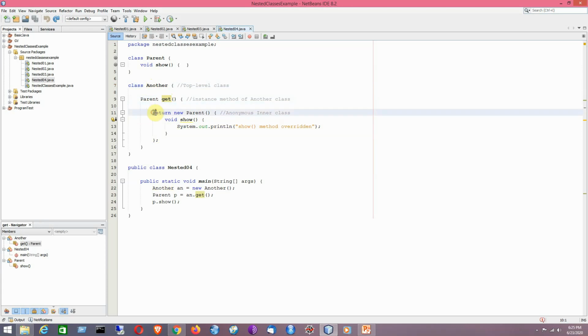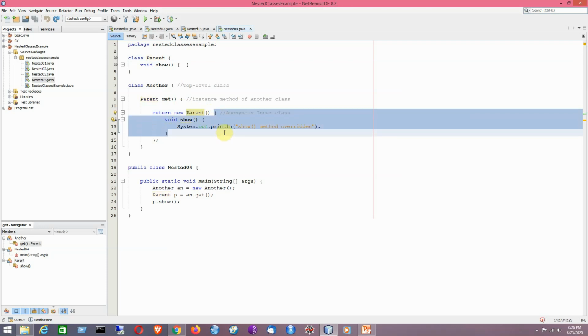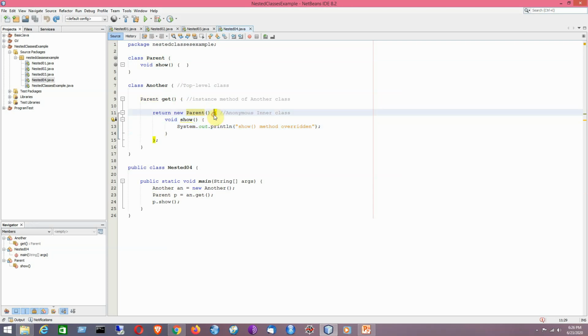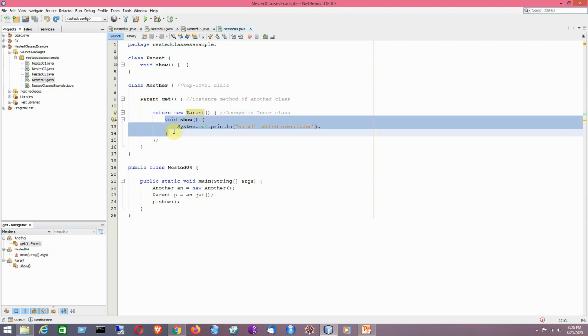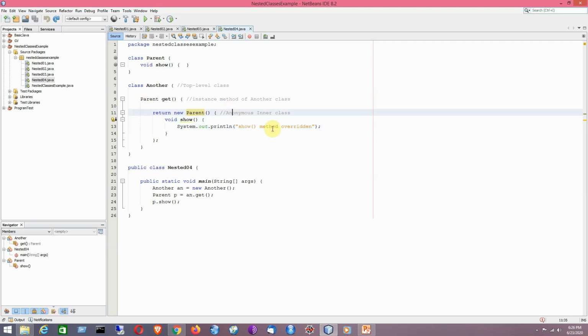That is a way to call the constructor of this class. Within this implicit call to the constructor, I have provided a pair of braces, and within it I have defined the show method. So here I have written the show method overridden.